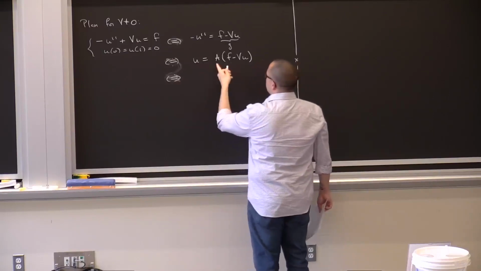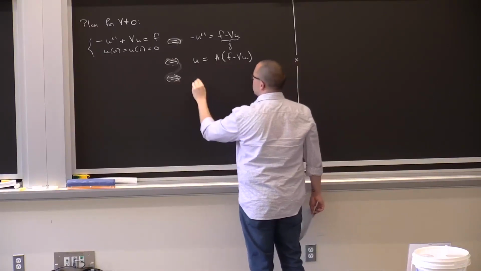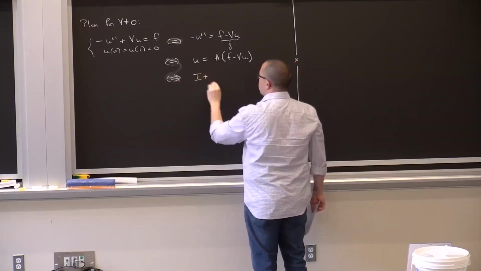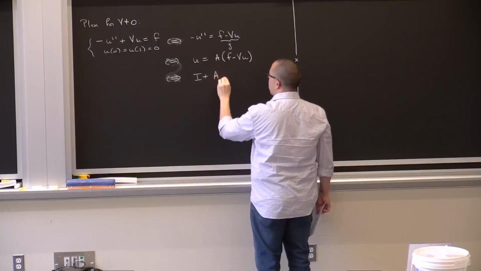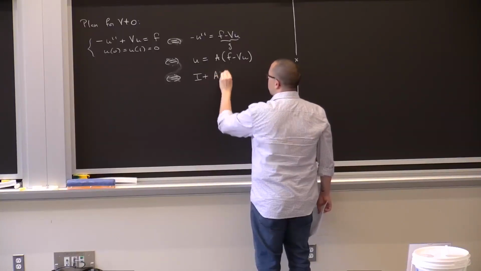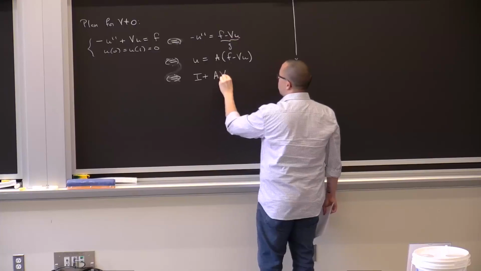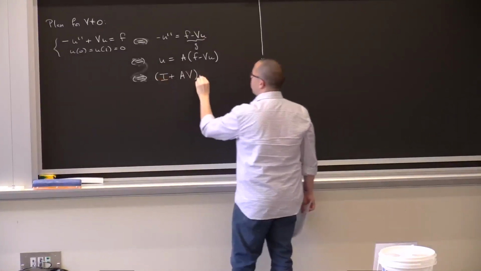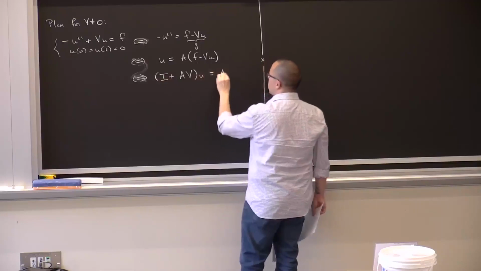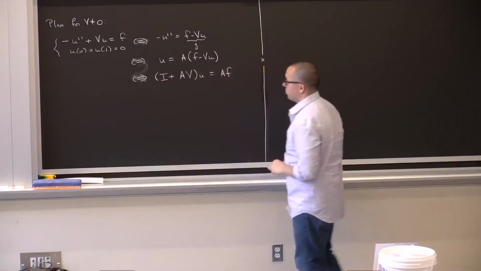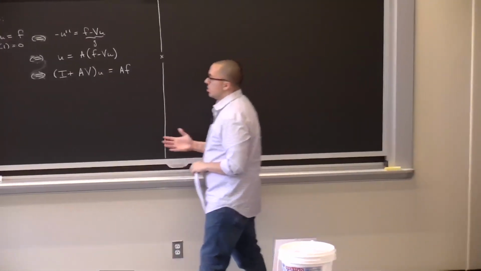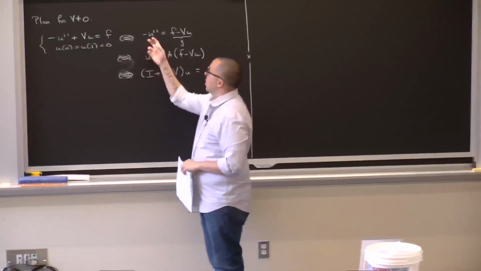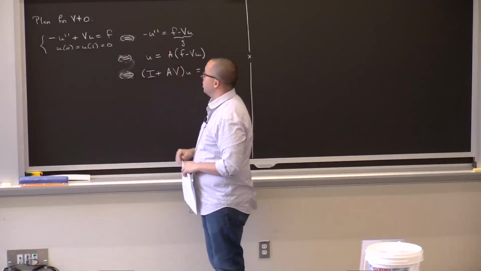Which, if I distribute this through, is the same as saying the identity plus the operator given by A applied to multiplication by v, applied to u, equals A applied to f, right? Here, when I write v, I mean multiplication by v. And now this is good because we've gotten rid of this differentiation,